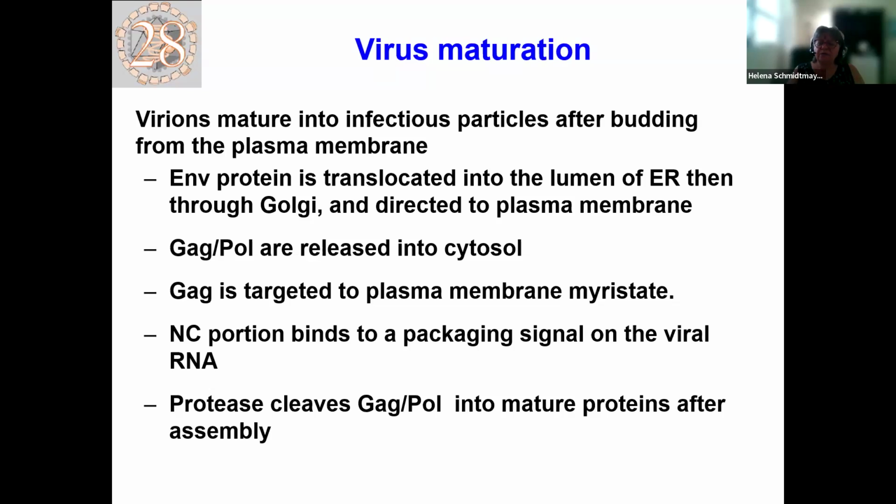It exits cells by budding and forms immature virions. Only when immature virions are released, the viral proteases are activated and cleave polyproteins into functional final proteins, which generate